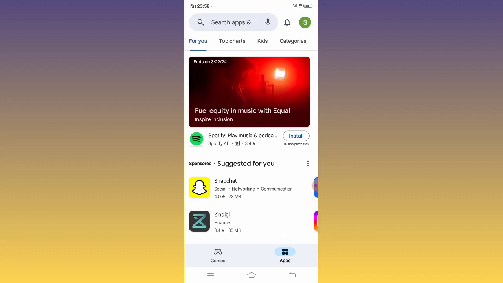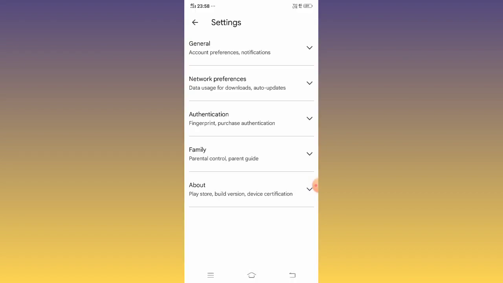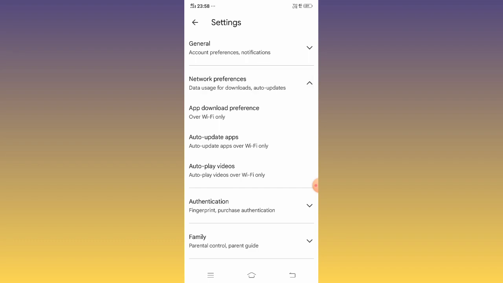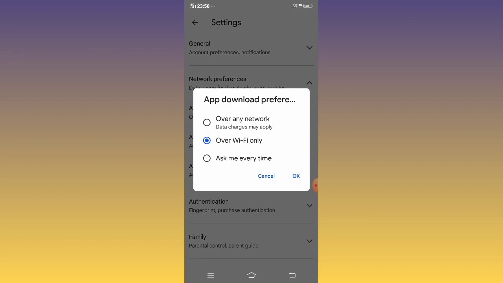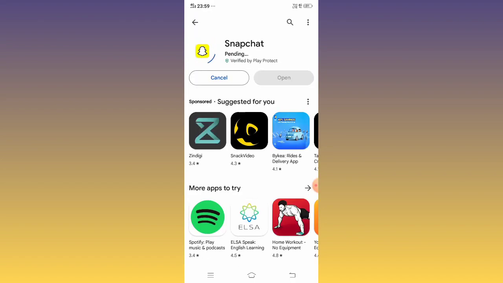Now you click the icon image in the top right side. Now click settings, click network preferences and app download preferences. Now you select over any network and press OK. After that you install any app on data, and after that your problem will be solved